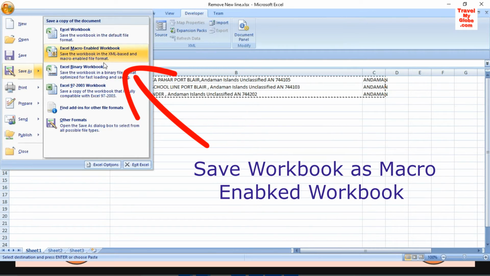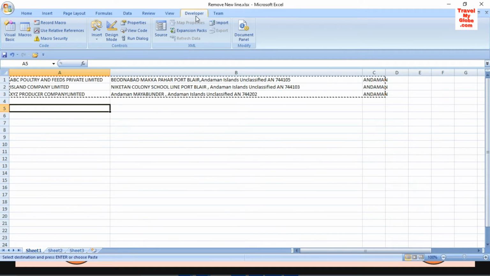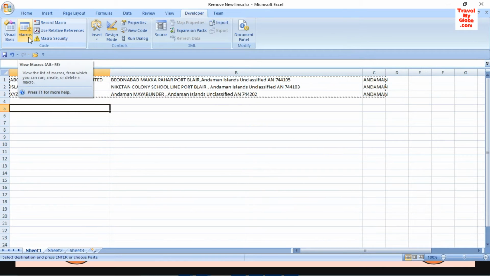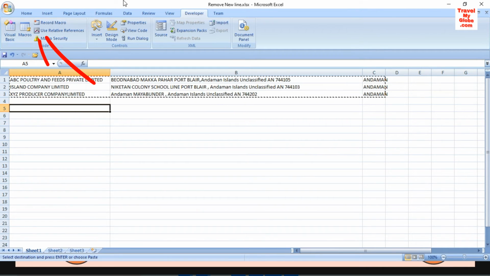When you save it, you will have a menu called Developer, and in this Developer menu you can create macros. Macros are a programming interface in Excel where you can fetch and treat your data through a coding language, which is VBA.